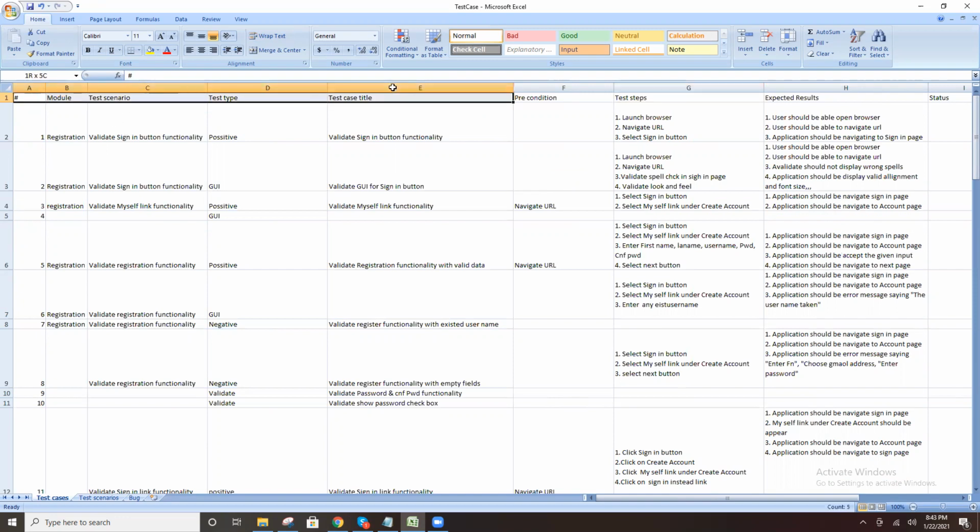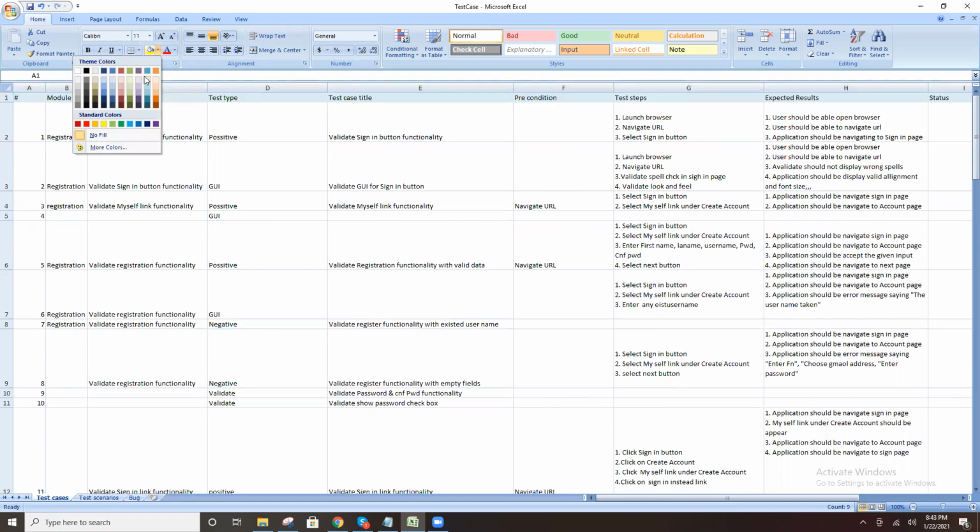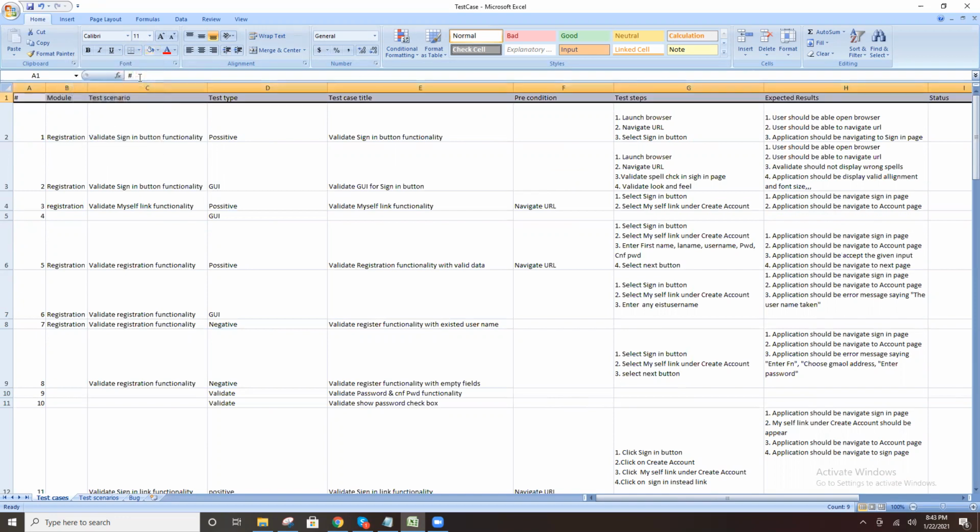So you can apply something like colors for the look and feel. Select any light color.